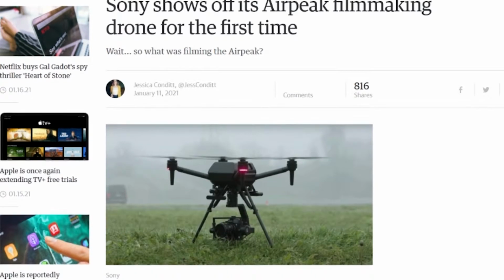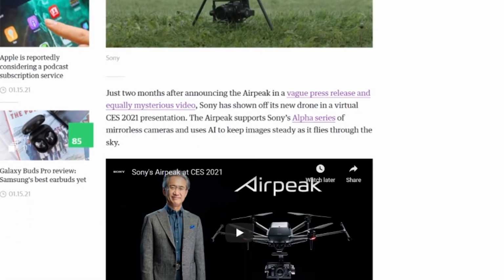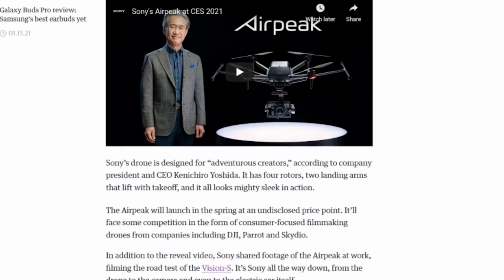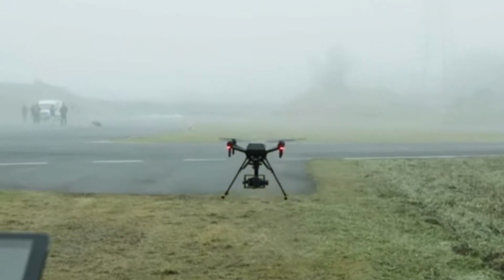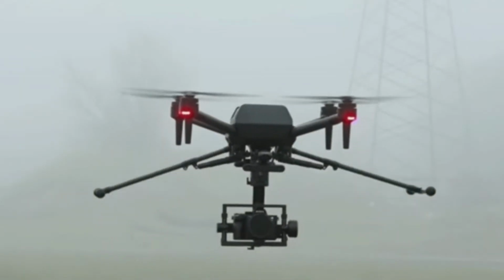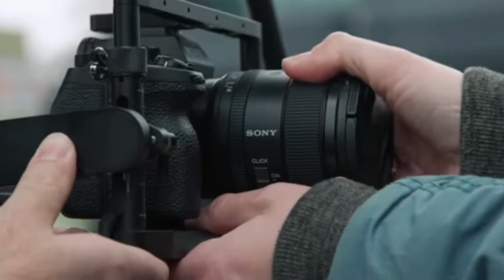But something that is rolling into a new market, well, more flying in this case, is Sony. Sony is flying into the drone market, but for the first time, I believe, at least to the best of my knowledge, with their Airpeak drones. So the Airpeak drone is a bit different from typical drones, where it has a gimbal underslung, and you can mount your nice